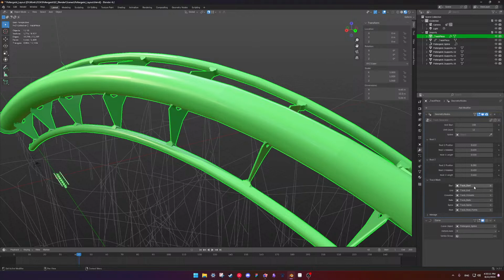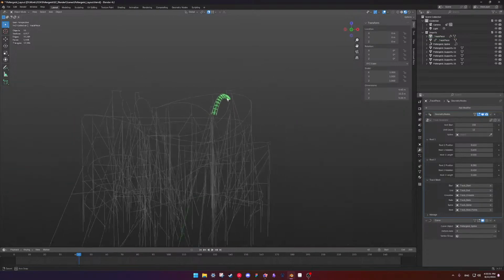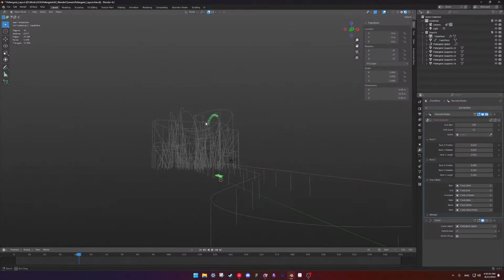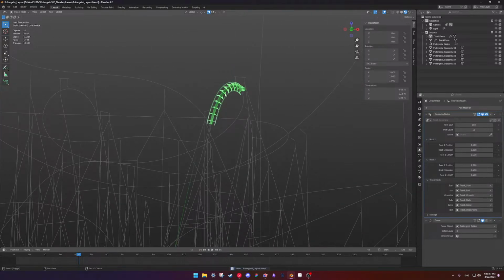So for the rails and spine, instead of having it 16, I can turn it to 8 polys. I mean, I could do it now, but I like the way it looks. So I will keep it.